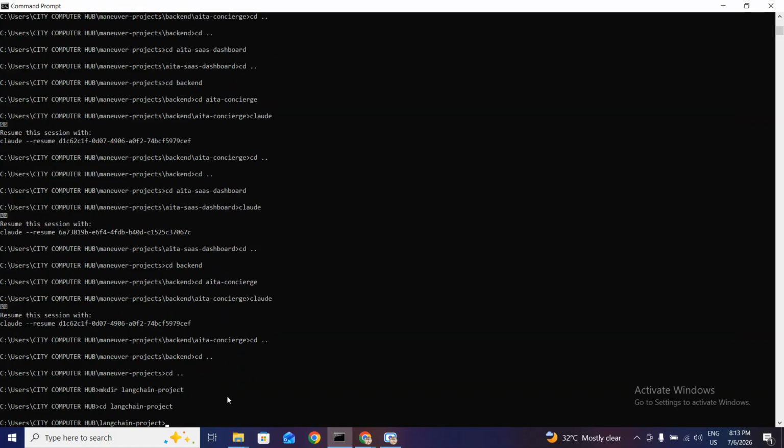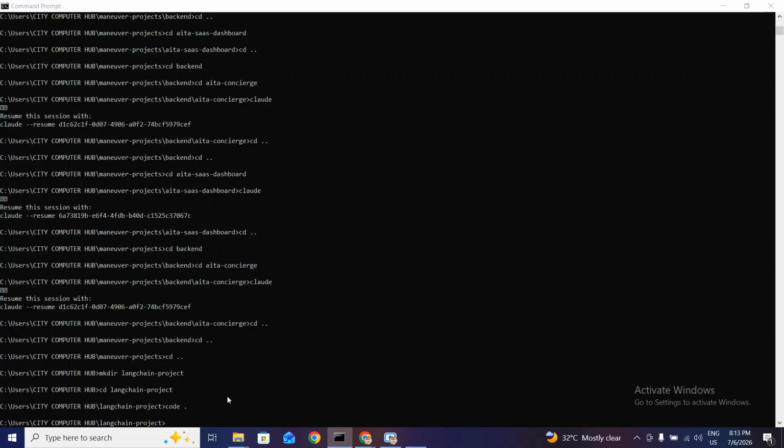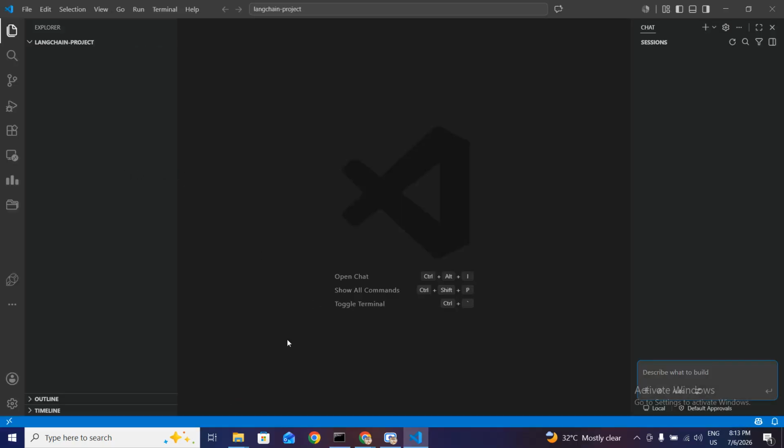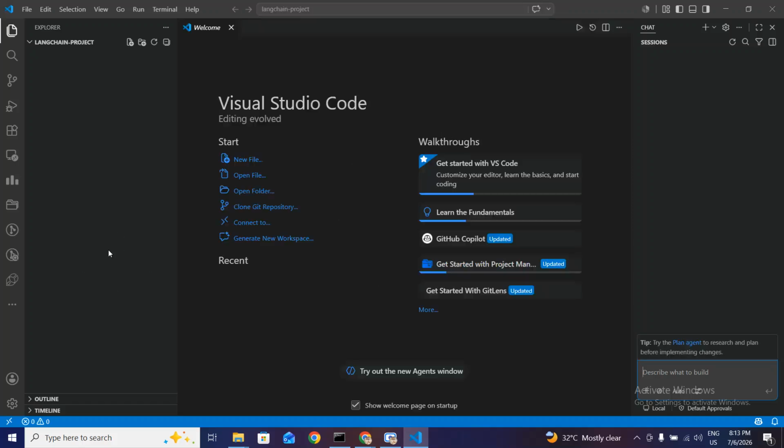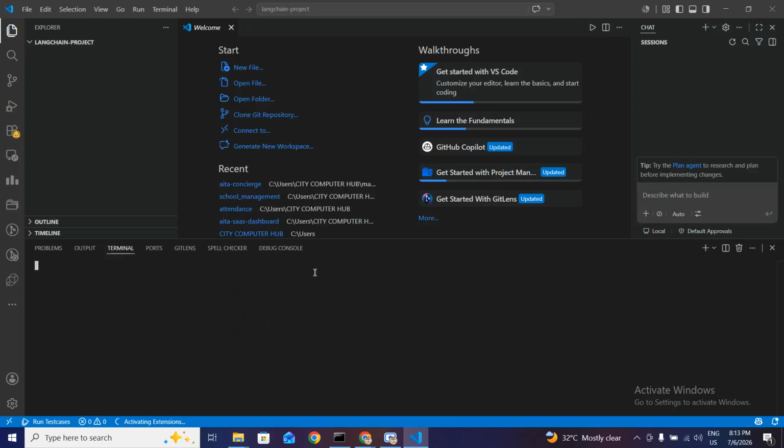Now we are inside this LangChain folder, so let's open this in VS Code and check it out. We have nothing here right now, so let's install our libraries first, then we will create our folder structure. For that, let's open our terminal